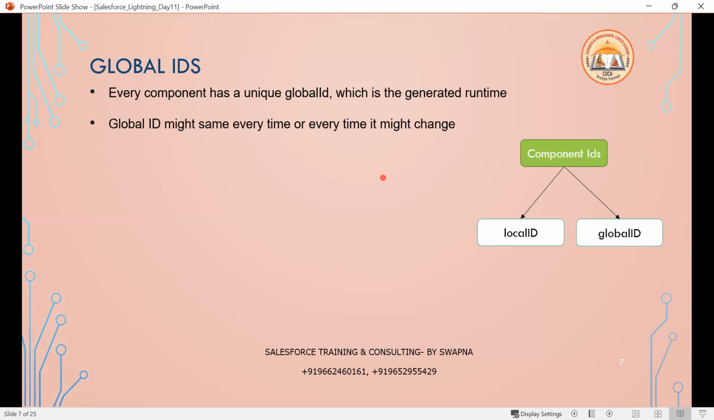So whenever it runs, every time you will not see the same global ID. Global ID will keep on changing. Right now, if you run it, it might be different. Next time when you run the same component, it will be a different global ID, because every time during the runtime a new ID gets generated and assigned to that Lightning tag. We cannot rely on the global ID because it changes whenever you run it. So global ID is nothing but ID equal to input